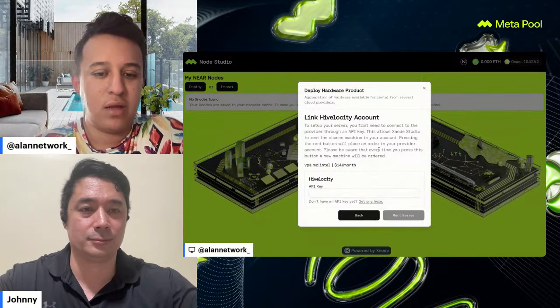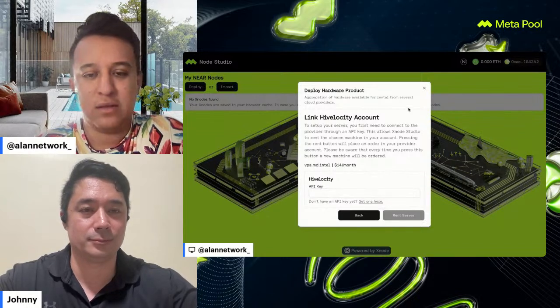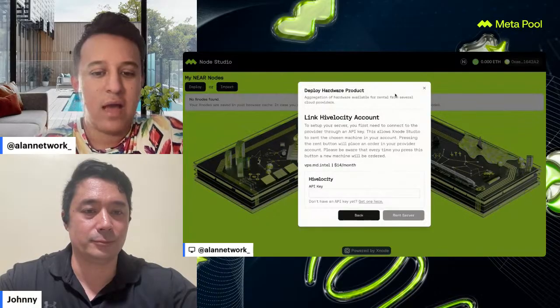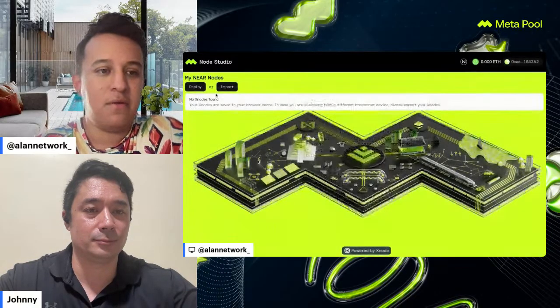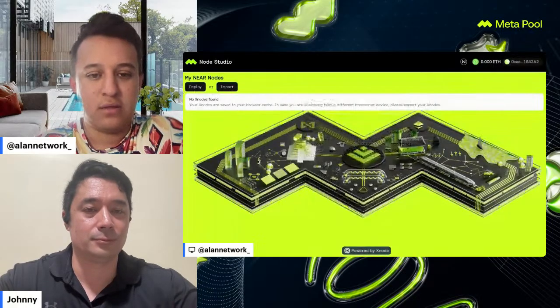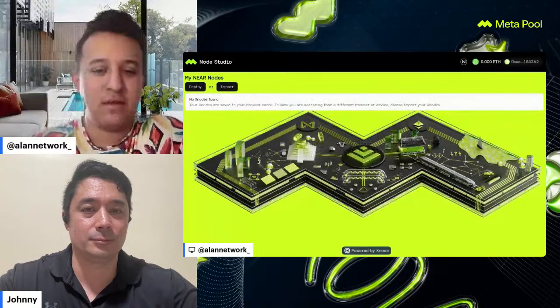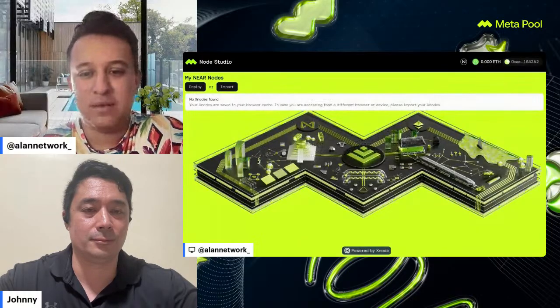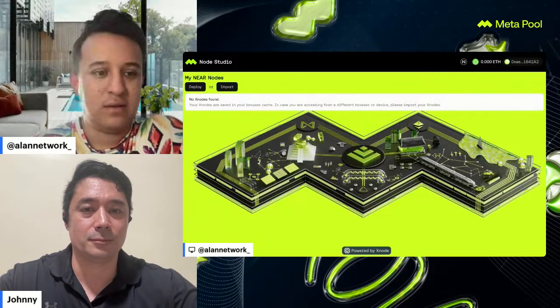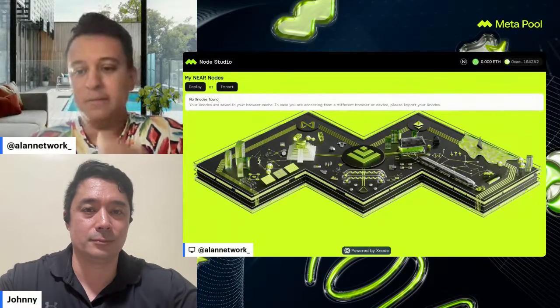You put in your API keys that should be used for having a validator running on Node Studio. And there are a couple more configuration steps that you should run. I wouldn't do the full process right now, but I think it was worth showing to you how it is working right now.